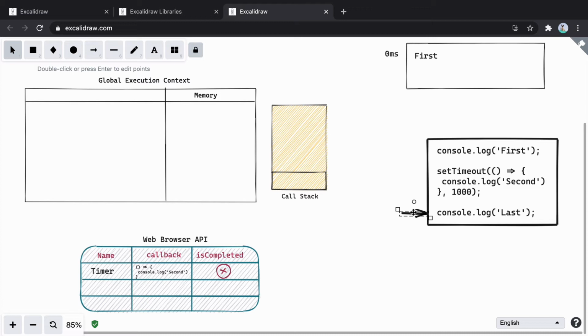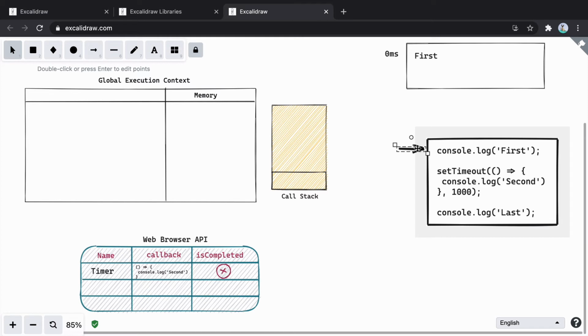So here you can understand that even though JavaScript is a single threaded language, what is happening here? Whenever it is a part of JavaScript, I'll execute it by putting it inside call stack. But whenever it is not a part of JavaScript, I need to interact with web browser API and communicate to them what we want from using that API. And that is exactly what I did.